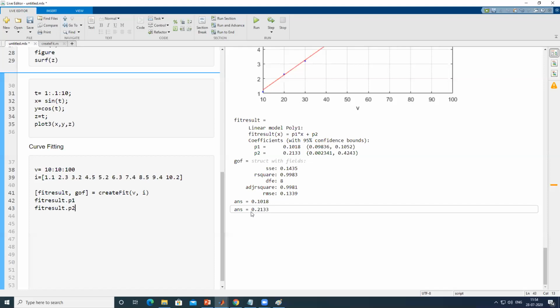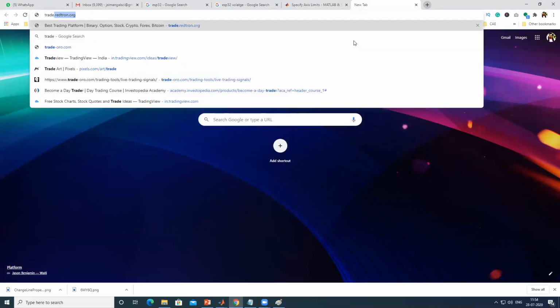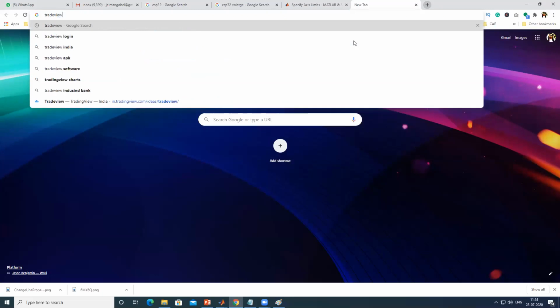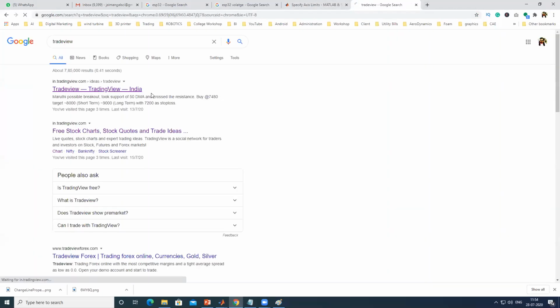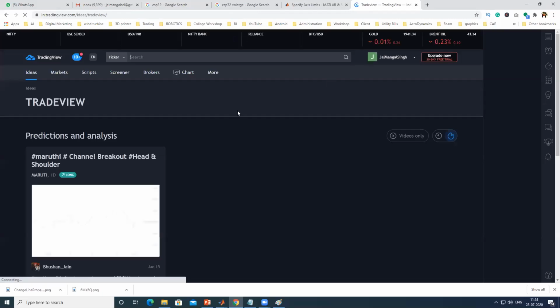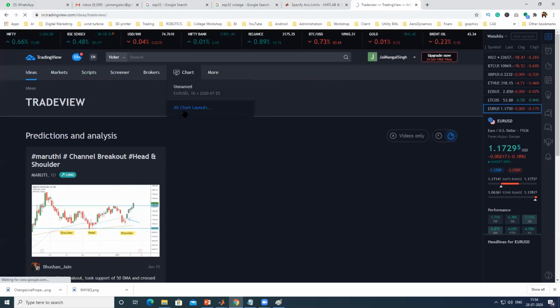Okay, so this method can be applied over data, say, in the case of stocks. Let me show you TradingView. In data analytics, we generally use this approach to find the long-term trend that is hidden inside the data. And say I go to charts.